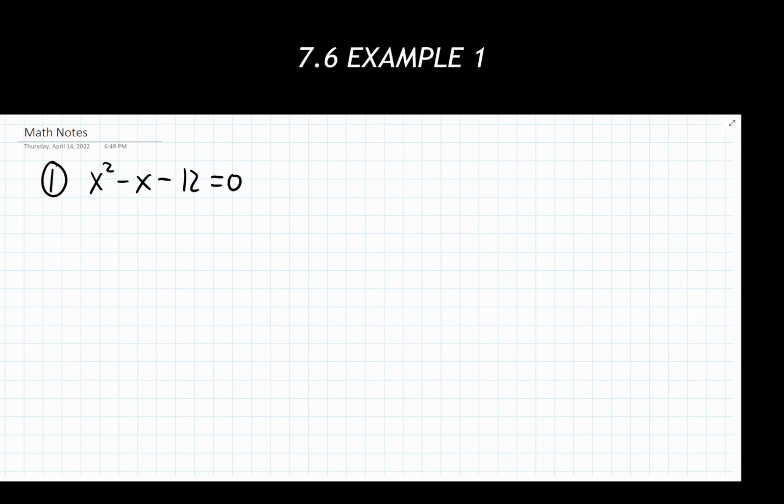Here we have our first example. It's given to us in the form of x squared minus x minus 12 equals 0. So following our process that we have written down, we're going to write everything into standard form, meaning everything on one side of the equation equaling 0. If we look at this, we already have everything on one side, it already equals 0, so great. Our first step has already been taken care of for us in our problem. So great, step 1 done.